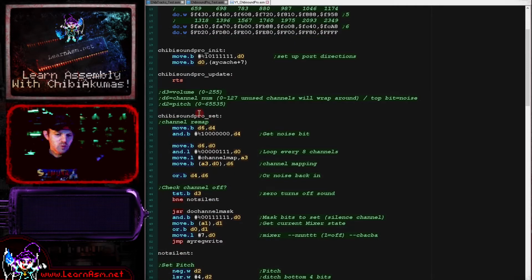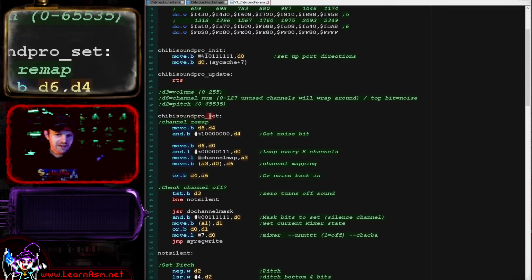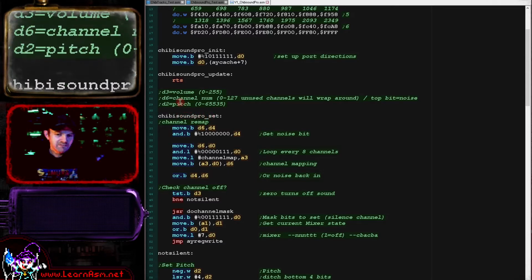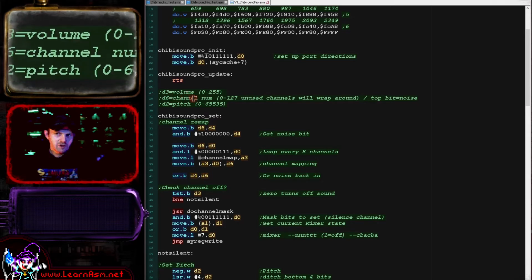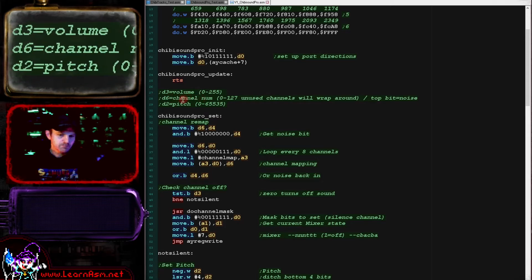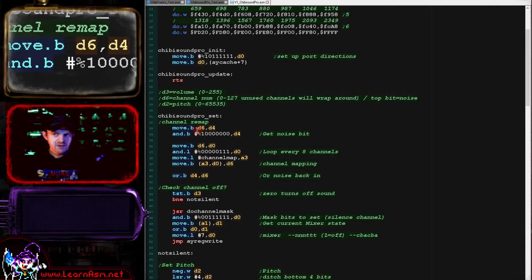So that's what we're doing there. Now, when we want to actually set any one of the channels, we would run the ChibiSound Pro set routine. This will take the values in D3, D6 and D2, and it will set the volume, the channel number and the pitch. So these are going to be used to actually set one of the channels to a new set of values. Now the first thing we're doing here is getting the noise bit from D6,